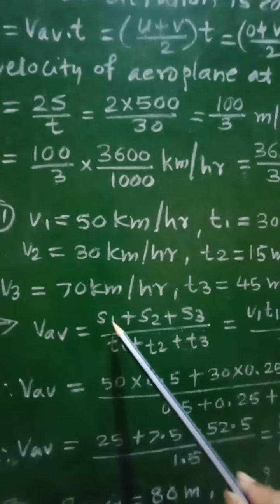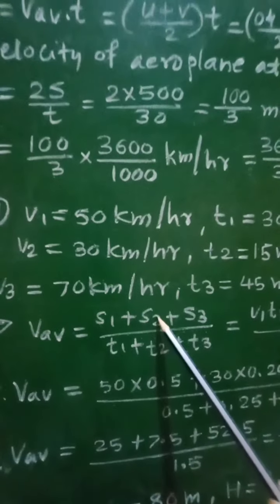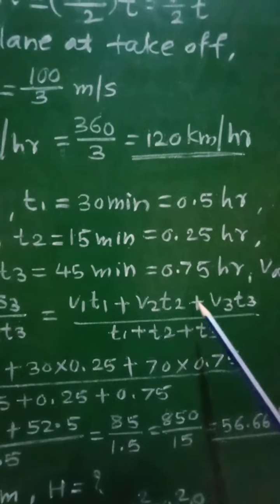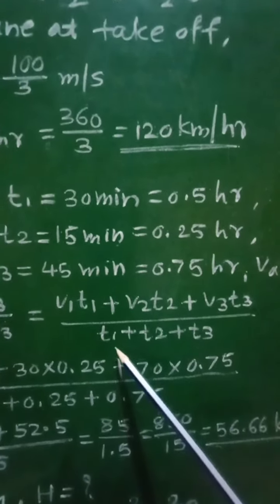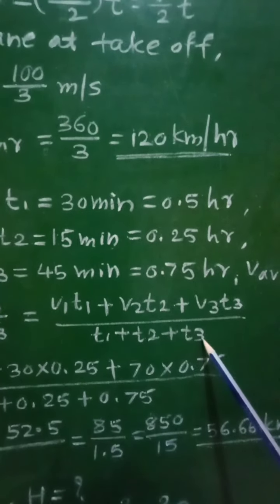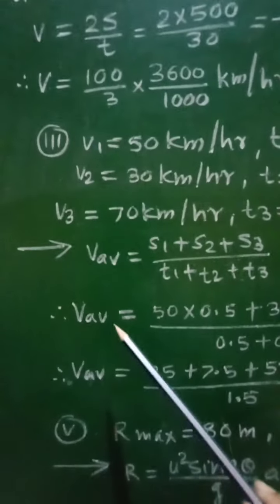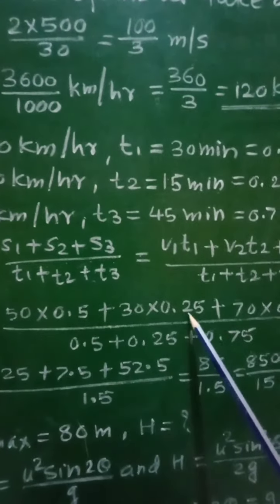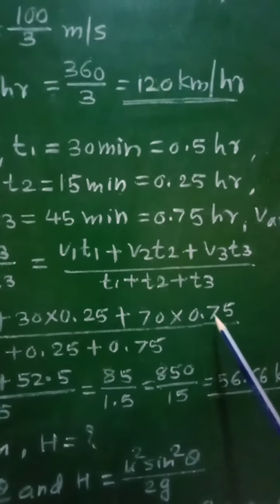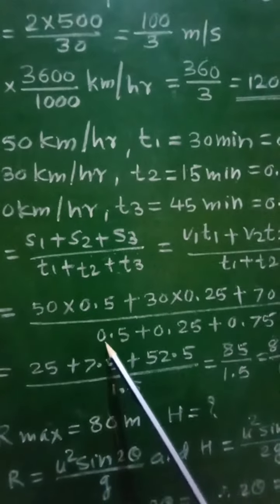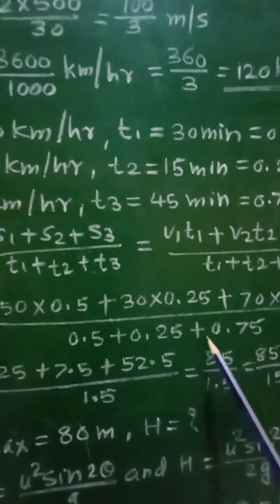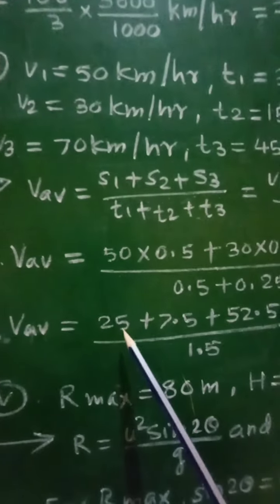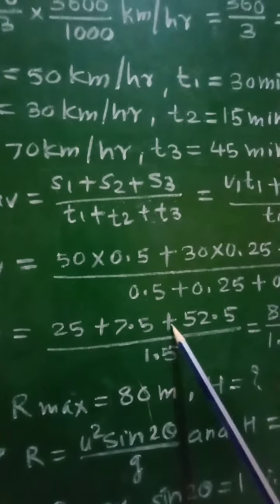But this distance covered will be equal to velocity into time, and therefore it will be further written as v1 t1 plus v2 t2 plus v3 t3 upon t1 plus t2 plus t3. Putting the values, we will get v average equal to 50 into 0.5 plus 30 into 0.25 plus 70 into 0.75 upon 0.5 plus 0.25 plus 0.75, which comes out to be v average equal to 25 plus 7.5 plus